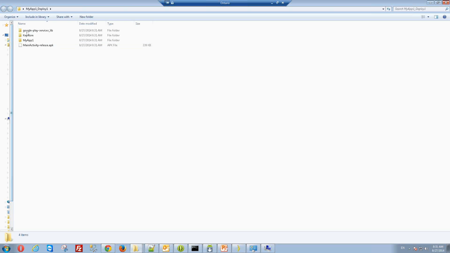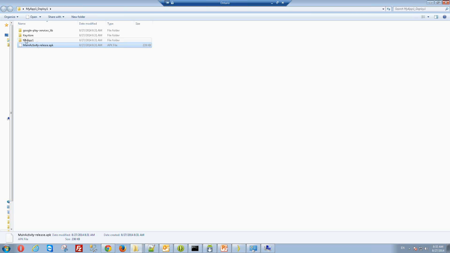This is the folder structure that you see when your Android application is generated. There are 4 different things, so let's take a look at them one by one. The APK is the most important file. This is the APK file that you would need to submit to the Android App Store whenever you publish your application. This APK file is already signed, so you don't need to worry about signing the